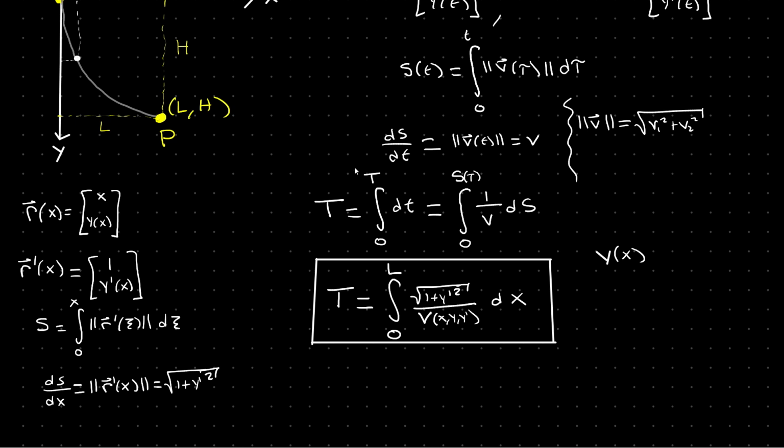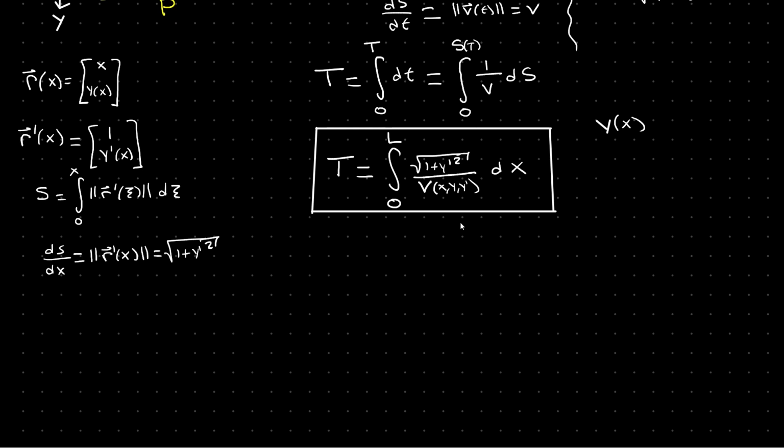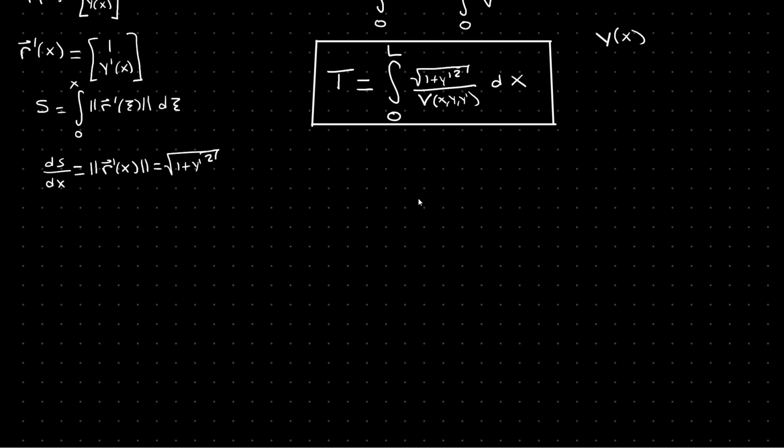If you have frictional forces, if you have maybe independent forces, outside fields acting on the marble, it could be a very complicated function. So this integral is a little bit more general than what we want to consider in the Brachistochrone problem. In the Brachistochrone problem, we just have one force acting on our object,